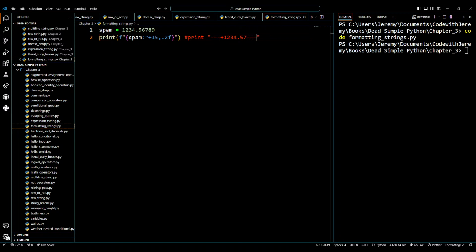Why is it going to print this? Okay, so first and foremost, we start with the caret. So we're aligning center. First we're aligning it to the center. We have a sign controlling which sign is displayed on a number. The plus flag displays the sign on both positive and negative numbers, while the minus sign only displays on negative numbers. The third option is to show a leading space on positive numbers and a sign